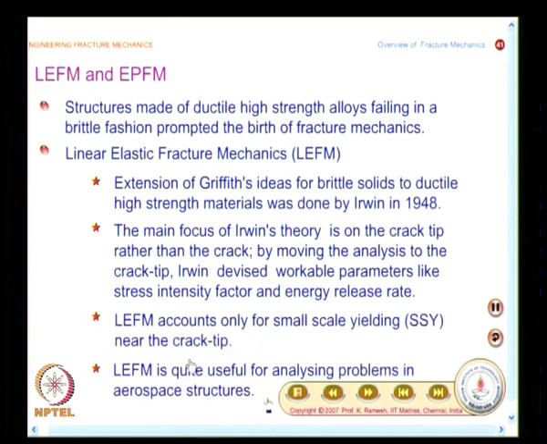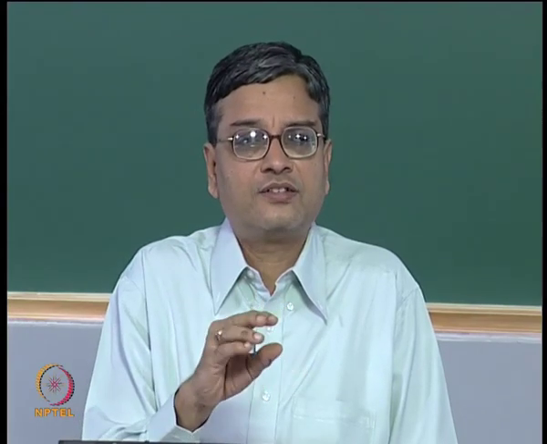And we have already emphasized that the moment you have a crack, you will have a very high level of stresses. So, definitely a plastic zone will develop, and LEFM accounts only for small scale yielding near the crack tip. This abbreviation SSY is also a very important abbreviation in fracture mechanics. So, when you come across SSY, you should understand that it refers to small scale yielding. You have a plastic zone that is very highly localized. This is what you have to appreciate,